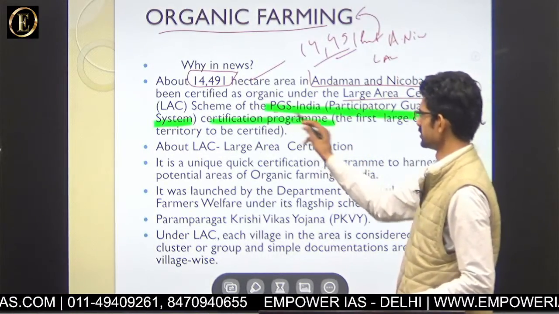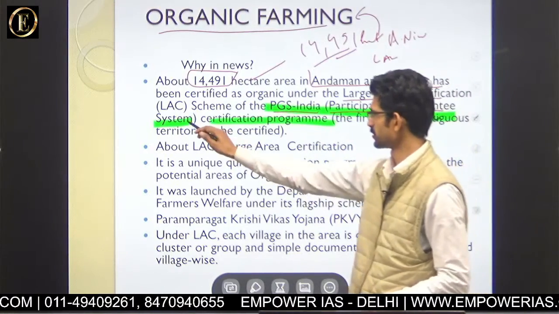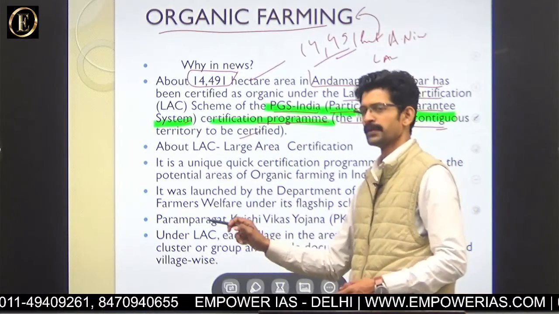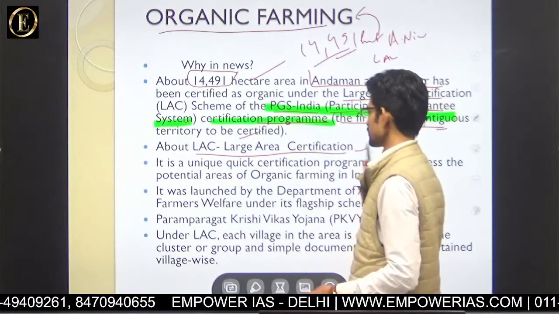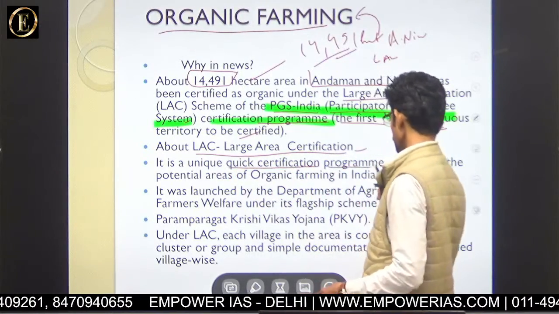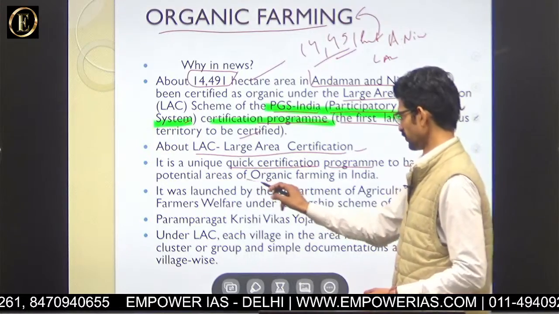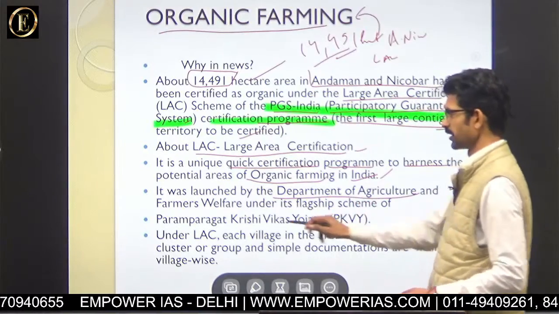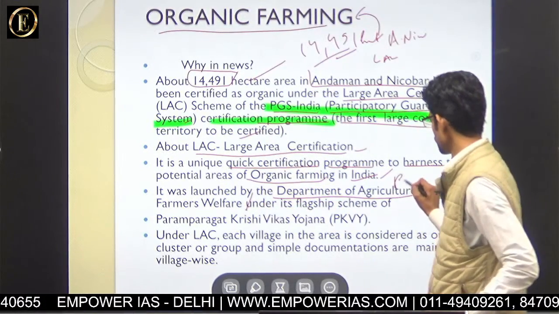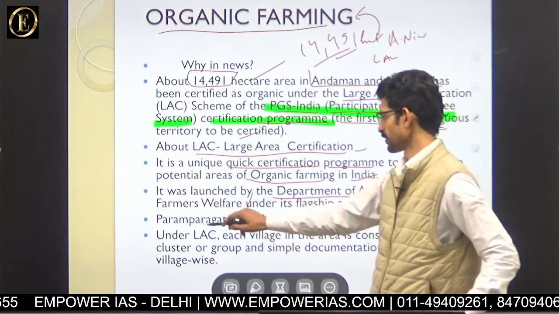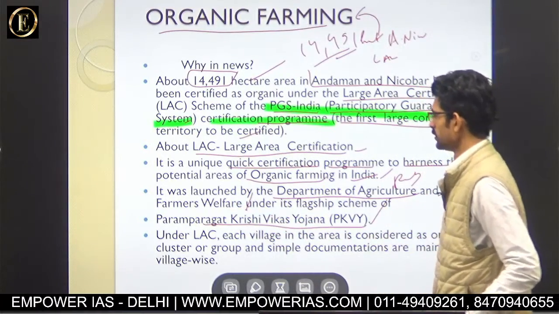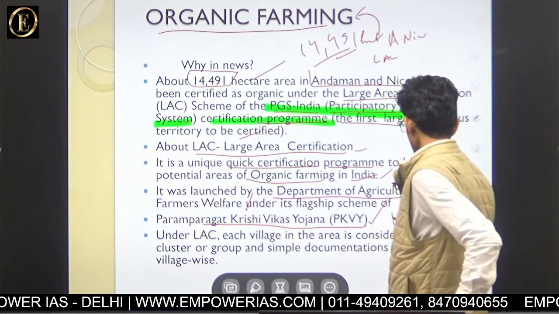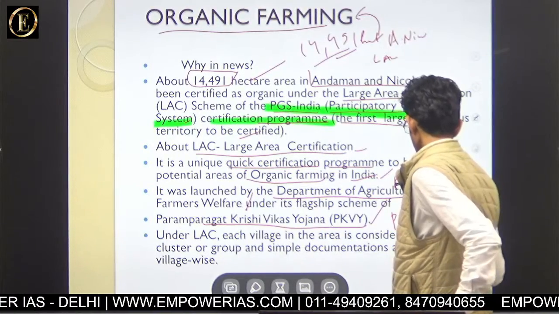given under the PGS India, that is Participatory Guarantee System certification program, the first large contiguous territory to be certified. Then LAC, that is large area certification, is a unique quick certification program to harness the potential of organic farming in India. It was launched by the Department of Agriculture and Farmers Welfare. Remember this department? Then it is under the Paramparagat Krishi Vikas Yojana. So large area certification is provided under Paramparagat Krishi Vikas Yojana, very important,